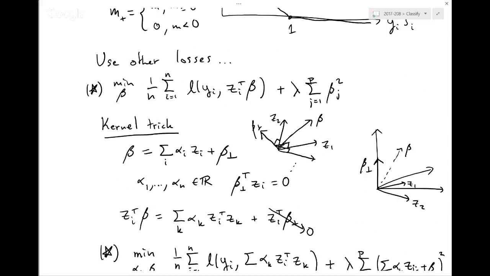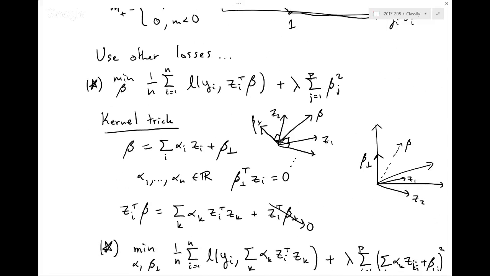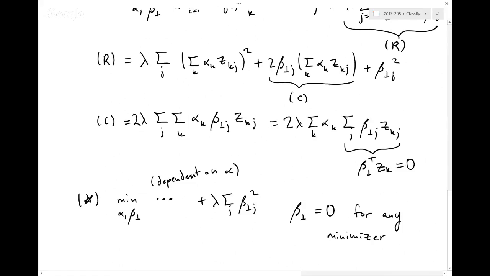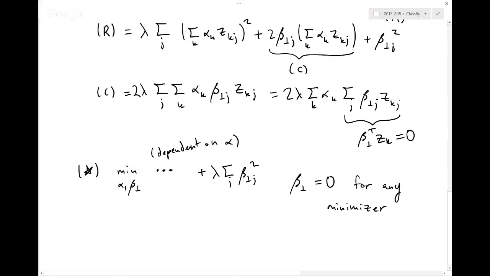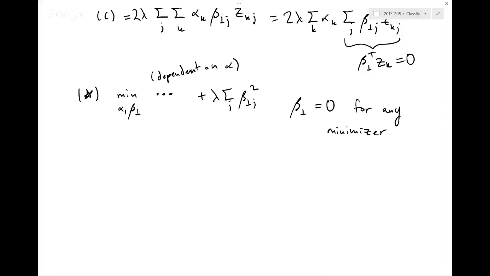So if you just go to the end of what you do, what is the point here? That when you added that regularization term, you added beta, and now you're saying that if you assign beta perpendicular to 0, that's what is going to give you the minimum value for this equation. Yes. So now the idea is that we had something that was